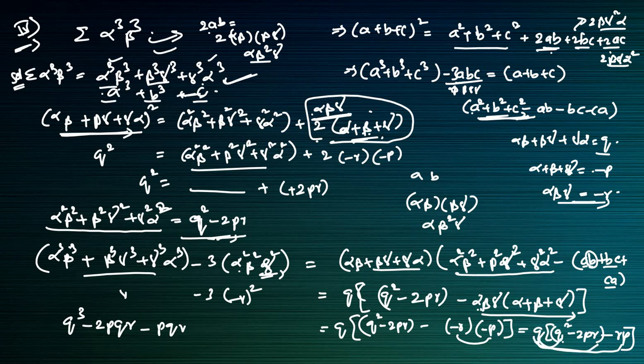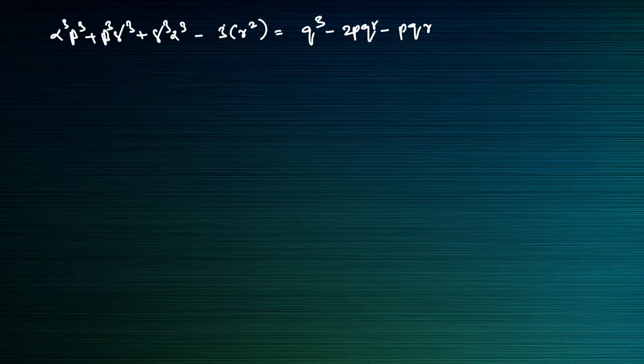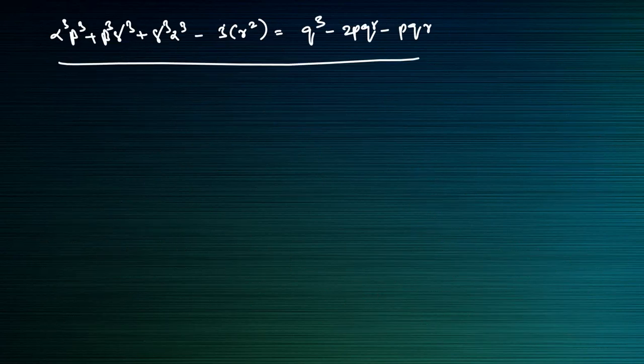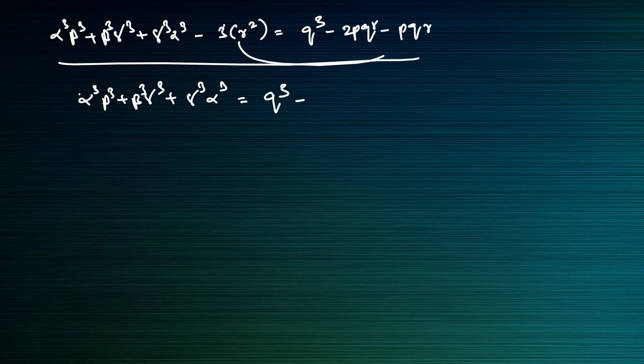Now this total is equal to, I will write in another page. This total value will come in the last slide. So from this, this is equal to this one. Now here this 3 r square I will take this side, means alpha cube plus beta cube plus beta cube plus gamma cube plus alpha cube is equal to q cube minus 2pqr plus 2pqr, is equal to 3pqr, it is equal to 3 r square will come. So this is the answer we had to find here.